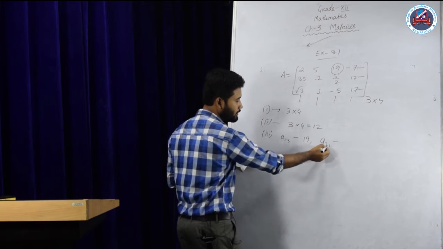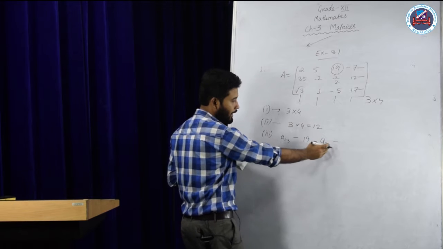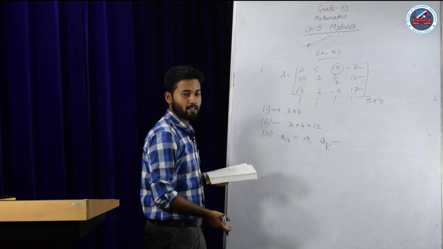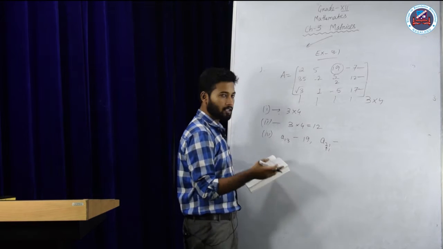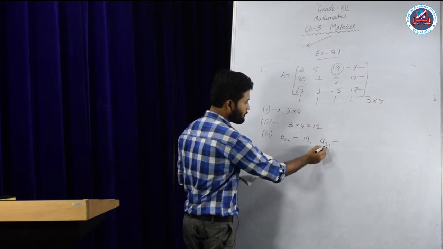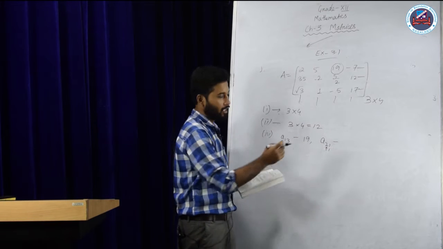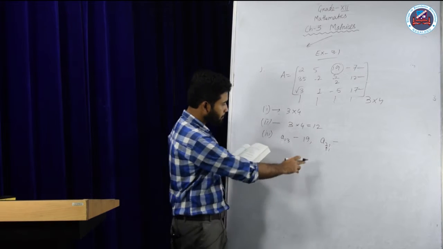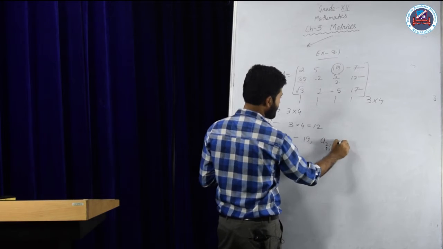Always remember that here the first element denotes the number of rows and the second element denotes the number of columns. Throughout our explanation, sometimes we have used M, N, so don't get confused by M and N. Always remember that the first number will represent the number of rows and the second number will represent the number of columns. That's it. So what is our A21 here? It is the second row, first column, so it is 35.